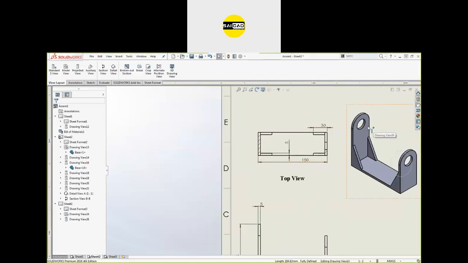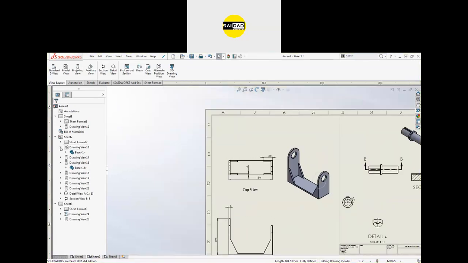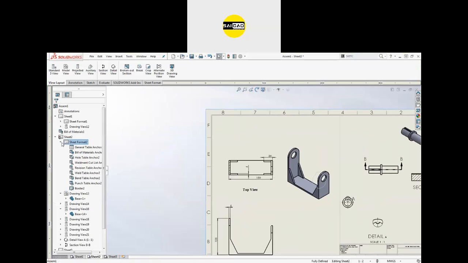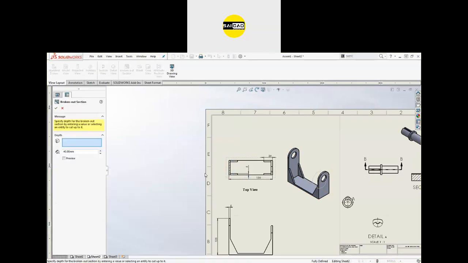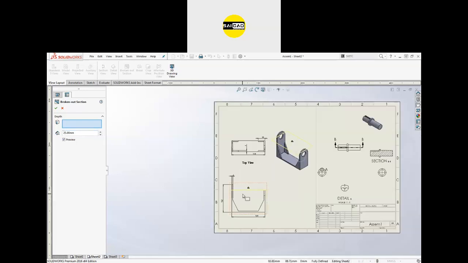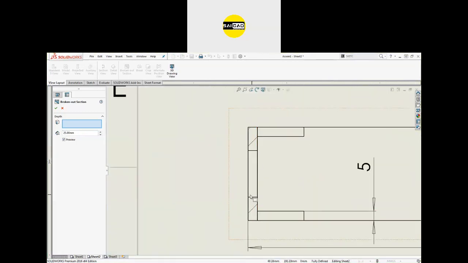We have a section here, but we are not able to see the lines because I think I have moved further down. We should have here the view that is broken out. Here you can see we have the two broken outs in this view. So edit the second one, edit definition, and the depth, this 40, I want that to be around 25. Okay, here is the 25 at the center. You can see now we have two edges like that.